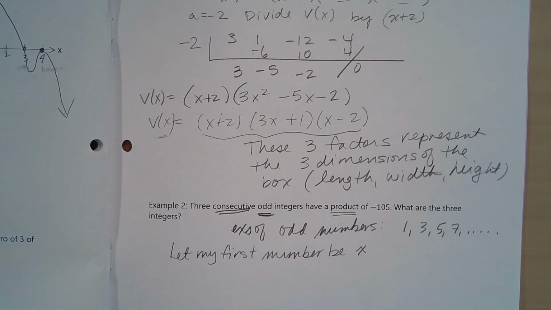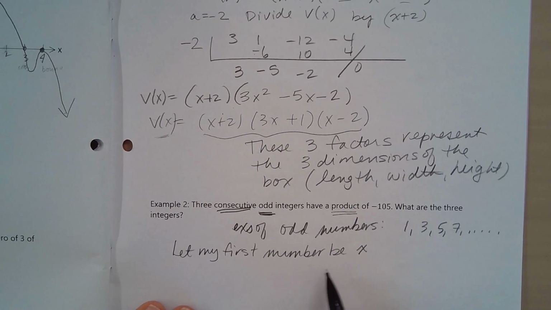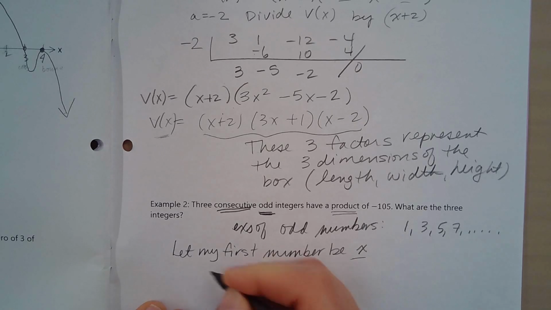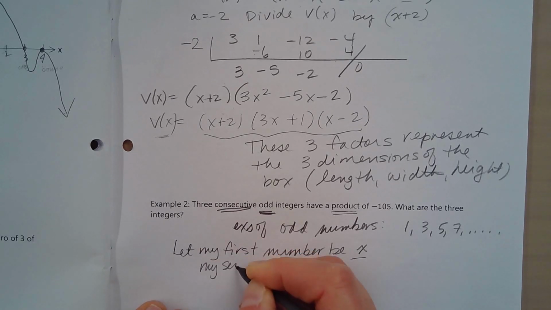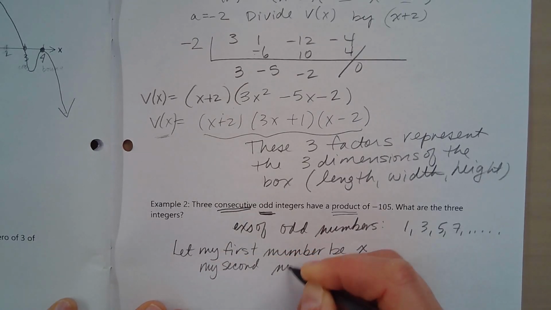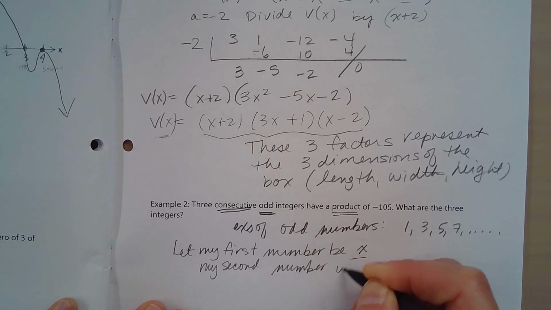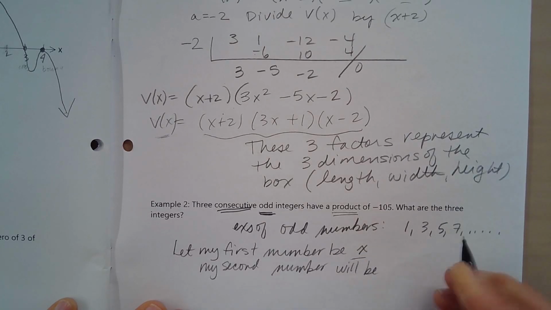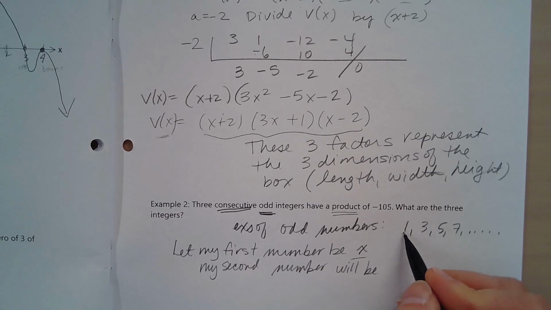You can only solve it if you call them all something in terms of x, right? So if my first number is x, my second number,